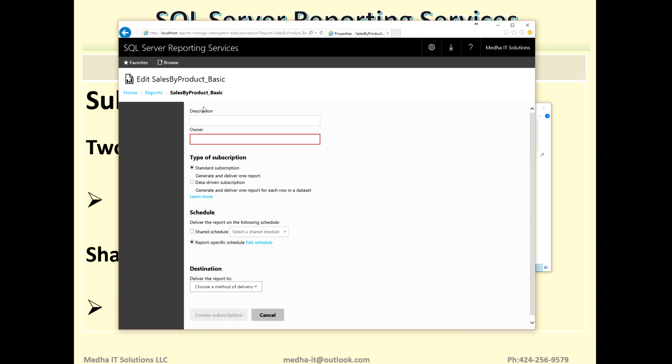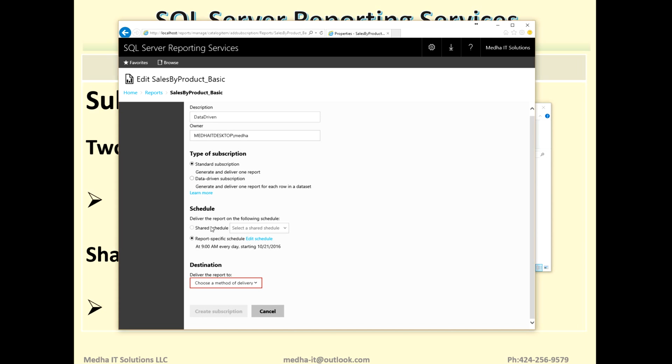I will click on new subscription and name it data driven. The difference between a standard subscription and a data driven subscription is where the subscription configuration details come from. In a standard subscription, the configurations are manually configured by the user or by the developer. Whereas in a data driven subscription, the configuration values come from the data. So I click on data driven subscription